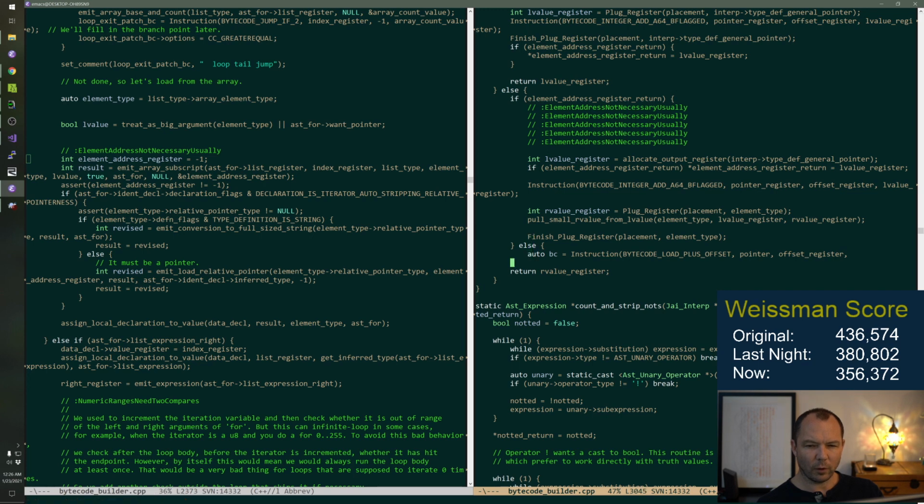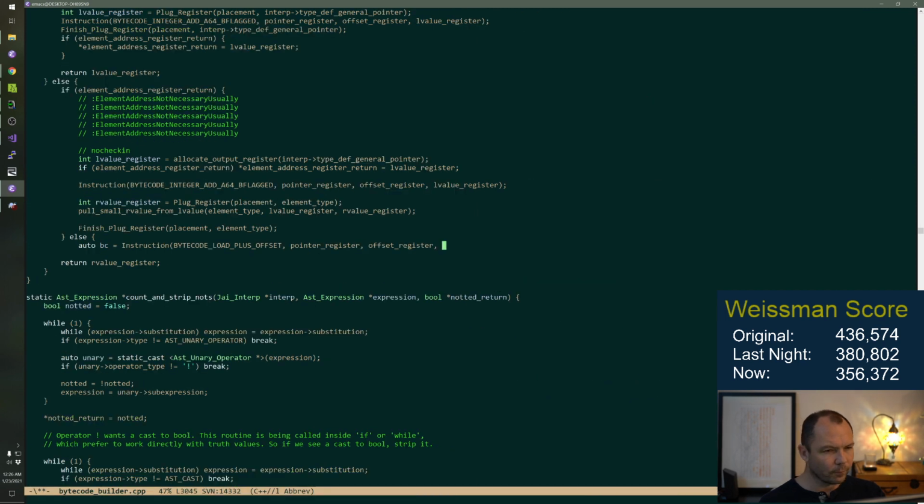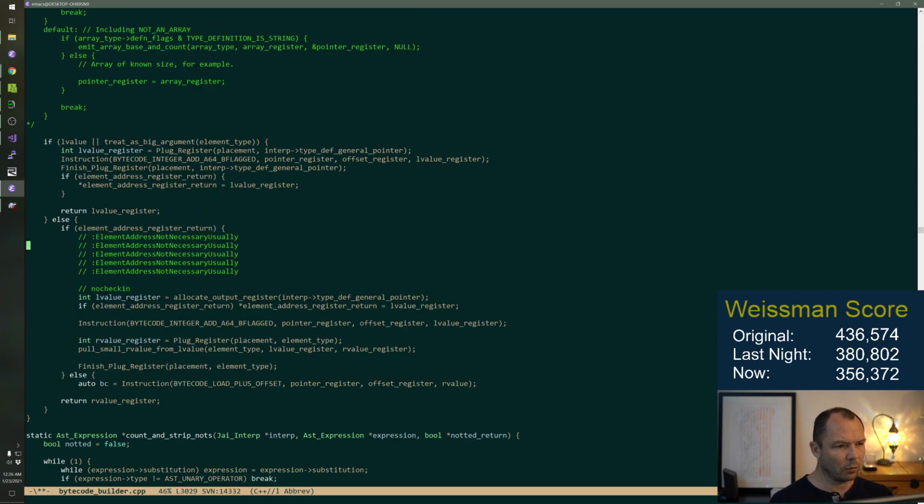Otherwise, we load plus offset. Actually, we could compute it separately. Yeah. Anyway, we load plus offset, pointer offset register, and we put that in R value. Do we have R value register?